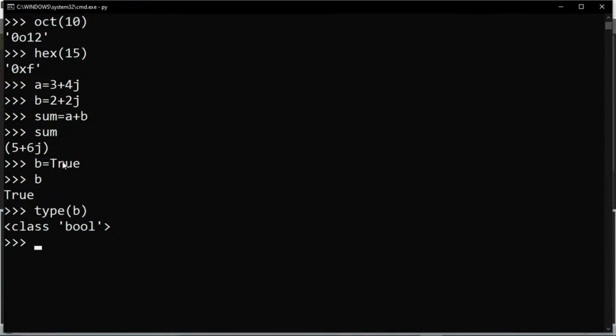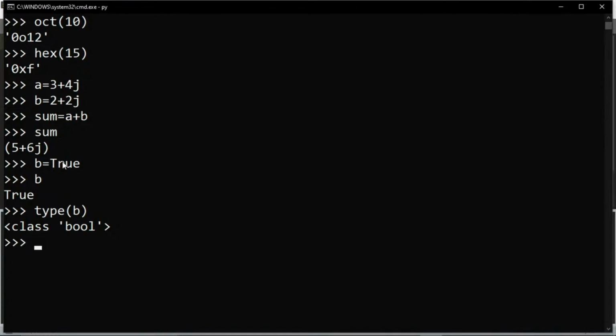Then we have the str data type. The str data type is used to store a single character and a sequence of characters. A sequence of characters is nothing but your string. So what is meant by a string? A string is a sequence of characters enclosed in double quotes in other languages, but in Python if you enclose in single quotes it will also be considered a string value.